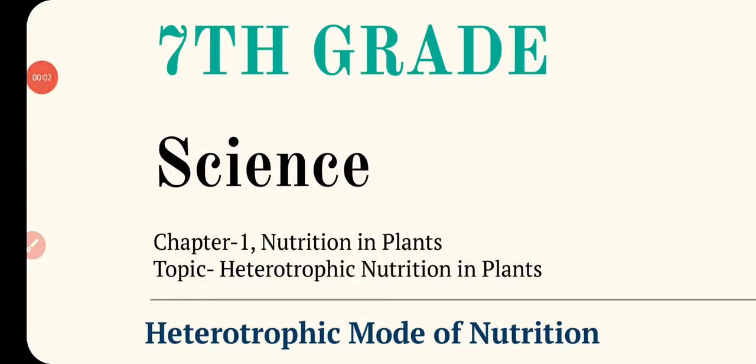Hello students. So this is another video of class 7 science, and as you know we are studying chapter 1 of class 7 science, and chapter 1 is all about nutrition in plants. In the previous video we had discussed what is nutrition and what are the different modes of nutrition, in which we had studied that nutrition is a process in which organisms intake and utilize food. Okay, and we got to know that nutrition is of two types: autotrophic and heterotrophic nutrition.